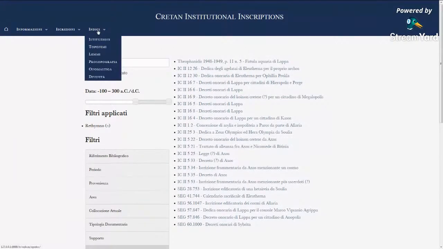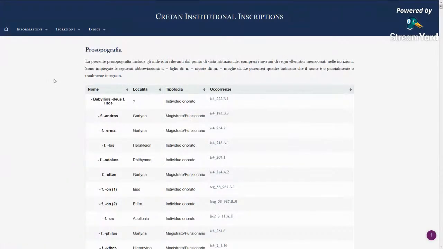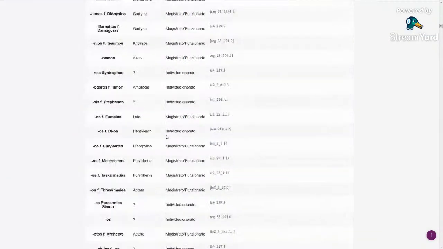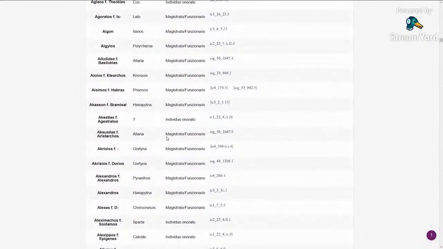file. She's added I think at least one index, but I don't remember which of these indexes are new. I think the prosopographical index maybe wasn't there in base EFES, and so you can look down the list of all the people who appear in the institutional inscriptions, and there's a certain amount of information about each one. So not only their name, but also I guess this is their hometown, and this is any titulature we have for them, and then the text in which they